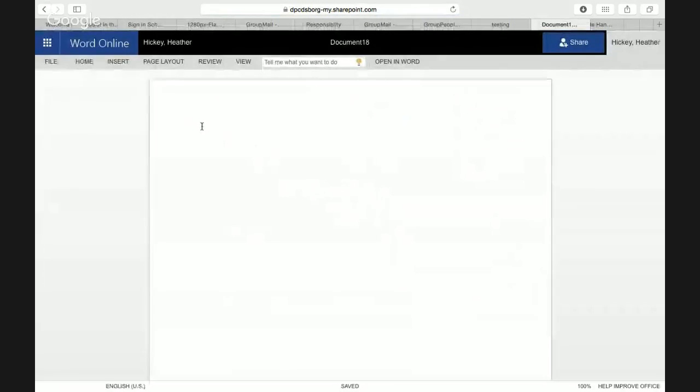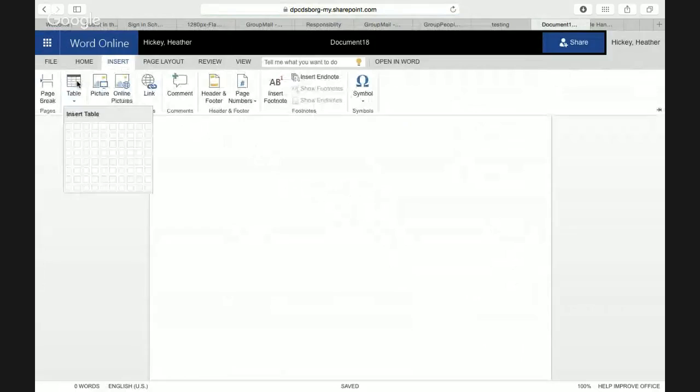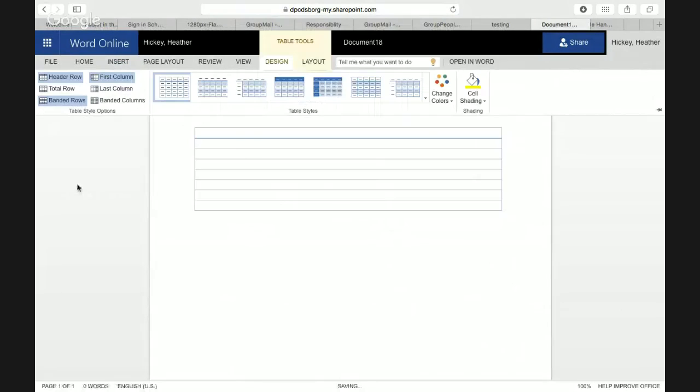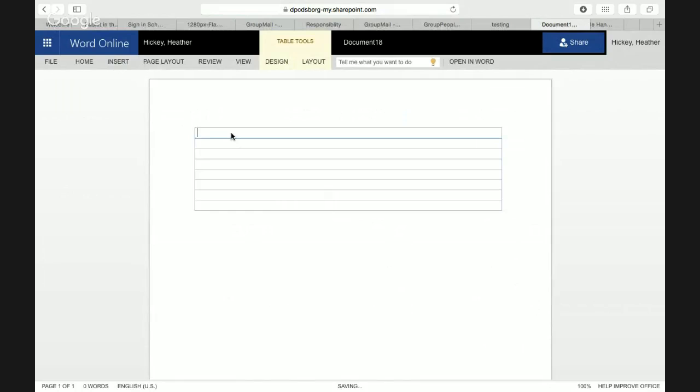I think as I tried to open it there, it got stuck in between. So if I come to insert and table, I often will just put in a single table here. And kind of as we talked about defining the workspace for students, this way it prevents them from typing over top of each other. So they can just choose an empty box. Sometimes I will ask them to start with their name, like we have with you,